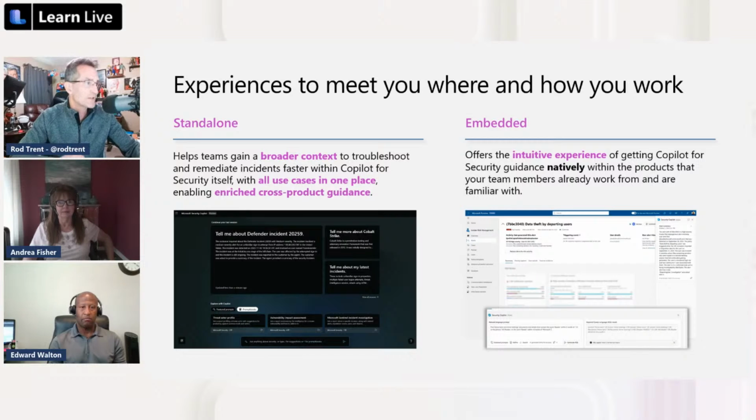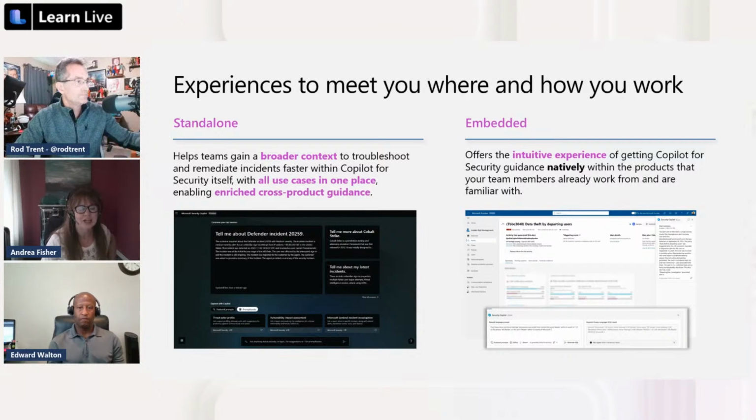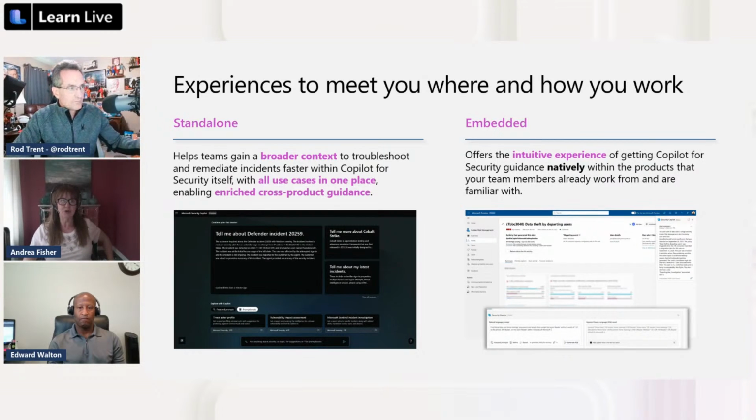Obviously, there's a whole vetting process that needs to go through, and trust and stuff like that. But at the same time, this is an extensibility platform for security, right? You can plug anything into this. Yeah, I'll say the embedded, honestly, maybe isn't quite as sexy as the standalone, but to me,